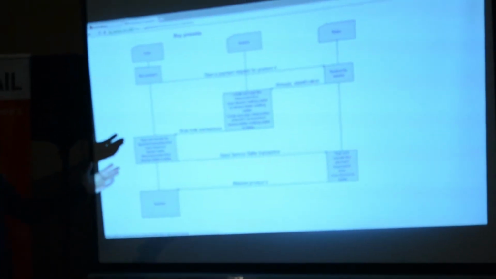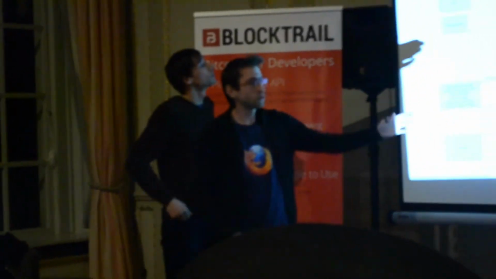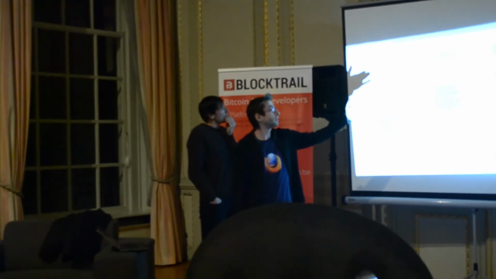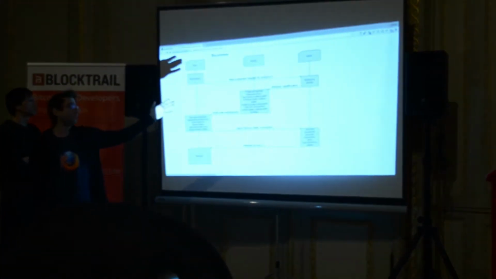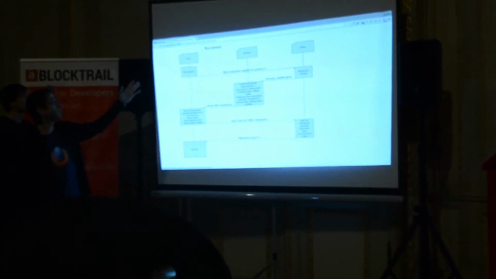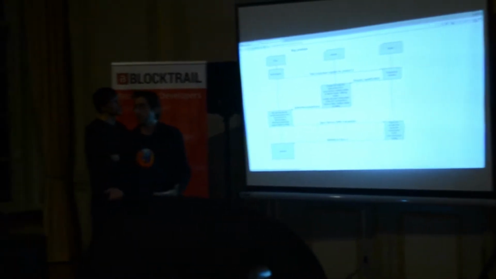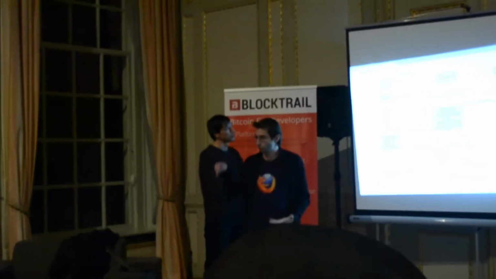And finally, this is where the magic happens. The money, if I try to explain it very easily, in a summary, because it's very technical stuff, goes to the seller in a transaction that depends on the money going from the user to the service. So if the seller approves the transaction and the service approves the transaction, then they wait until the user approves the transaction. So the user at the end, who is buying the movie, has to sign the transaction, has to click "I want to watch the movie."